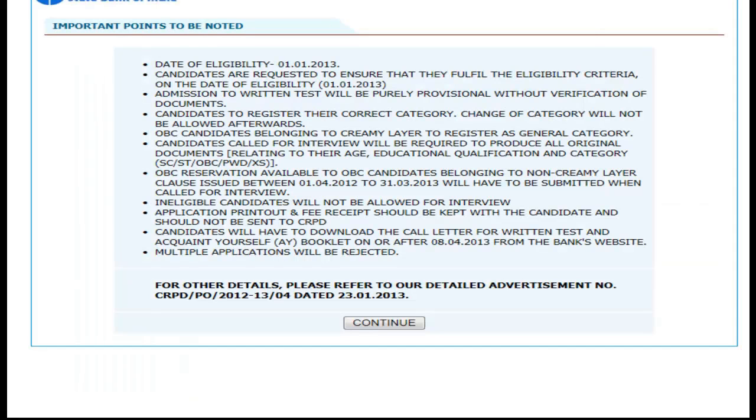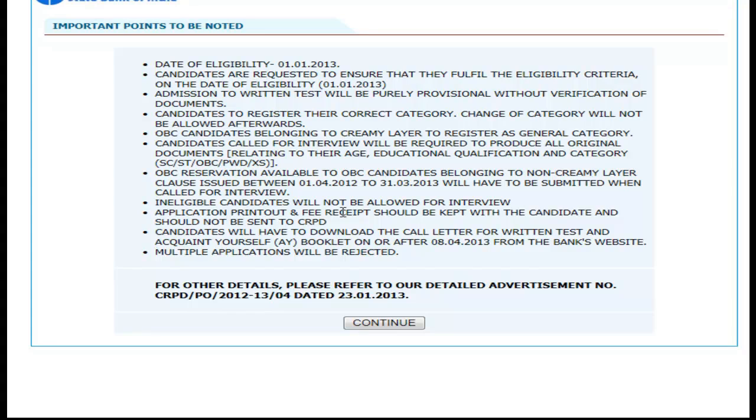Once you click on apply online, you'll be directed to a page where they have again mentioned in capital letters the eligibility, age eligibility and educational qualification eligibility. The candidates who are found ineligible will not be allowed for the interviews. The application printouts and fee receipt should be kept with the candidate and should not be sent.